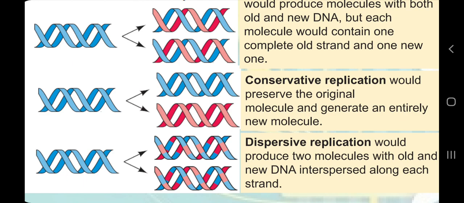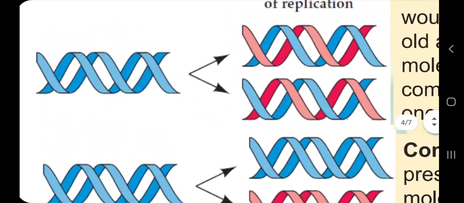So scientists at that time in the 1950s were aware that the genetic material is DNA, of course, because in 1953 the Hershey and Chase experiment was conducted and published. So people were aware that DNA is the genetic material. Now here we have shown the DNA with blue color to understand the process. So in these three diagrams, let me take one by one.